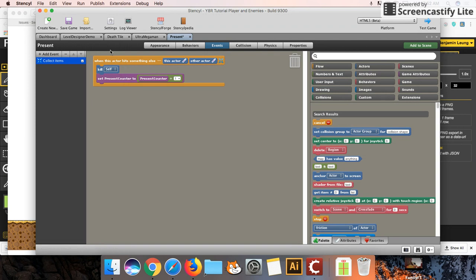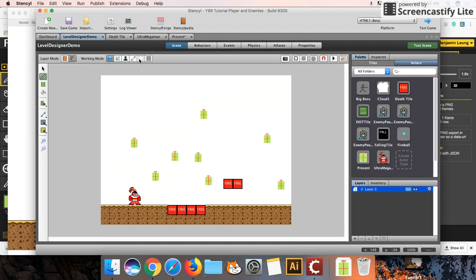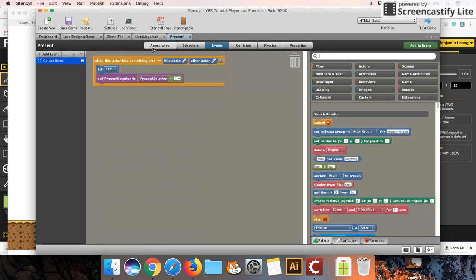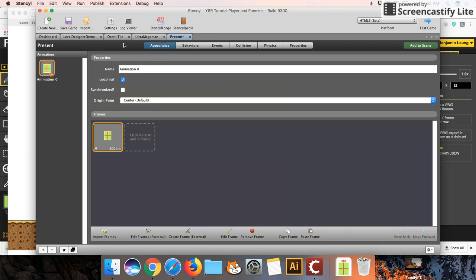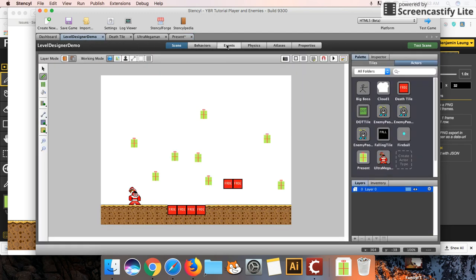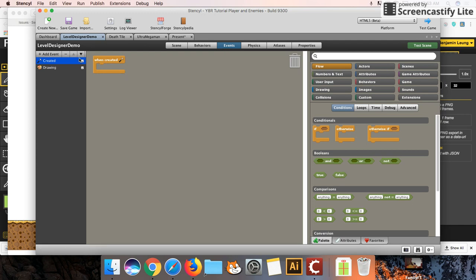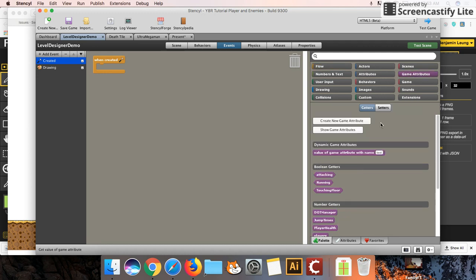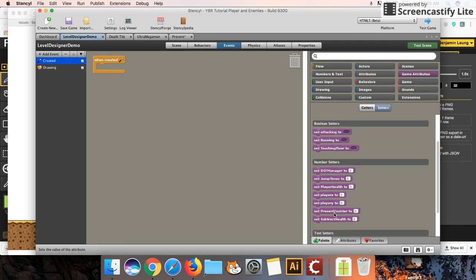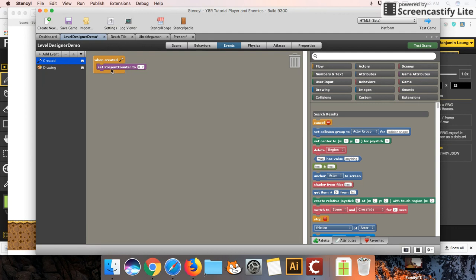Now, of course, we can't actually see it on our screen unless we tell the computer to show it. We did all this coding under the present. So in your level or your scene, go to events. First, I'm going to go to game attributes, and it's always a good idea to set your counter variable to 0, so that each time it reloads your game, it'll always be 0 and ready to go. So set